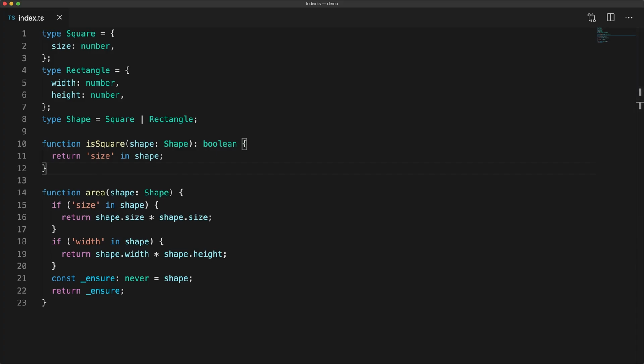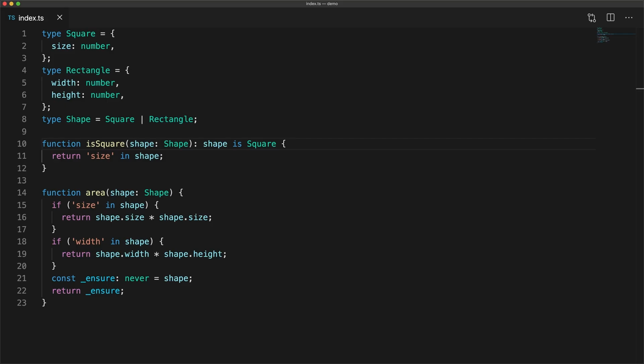Notice that this function returns a Boolean value. A user-defined type guard is simply a function that returns a Boolean value and is annotated in the form "parameter is type". For example, here we have the parameter as shape and the type as square. Here we are communicating with TypeScript and telling it that if this function returns true, this means that shape is of type square. Now in terms of type inference, these user-defined type guards behave exactly the same as the built-in